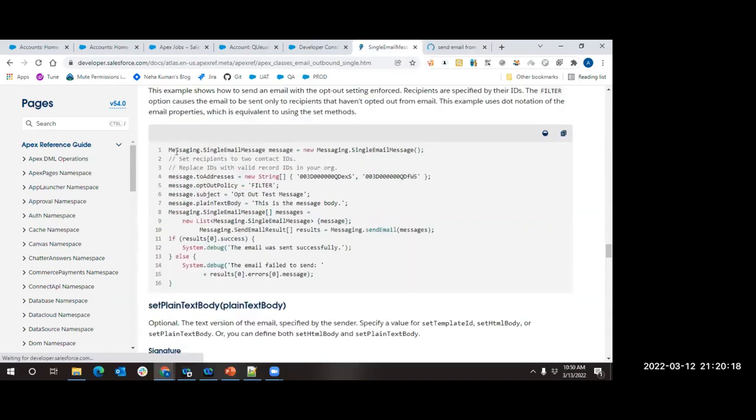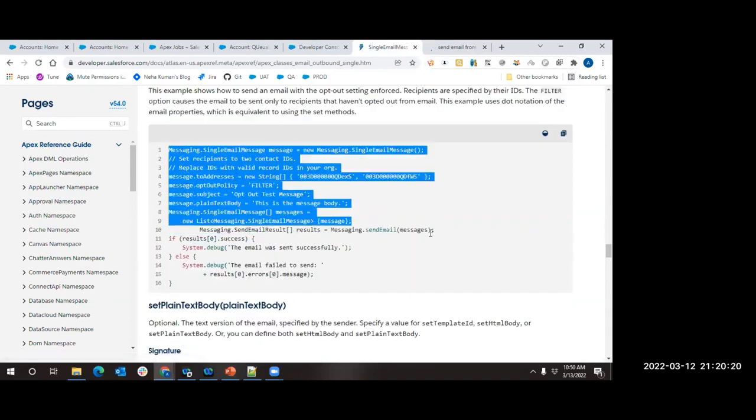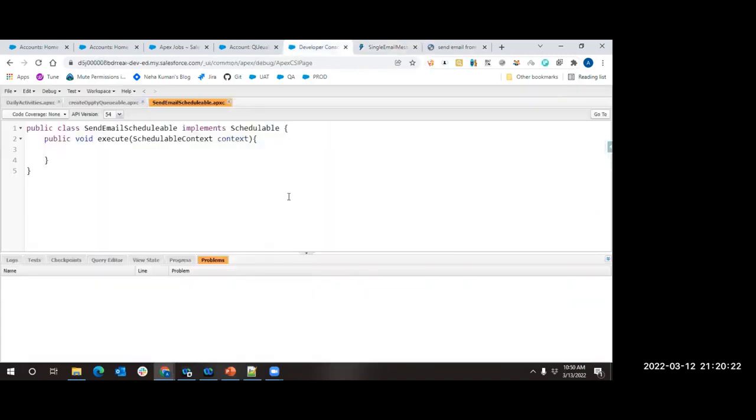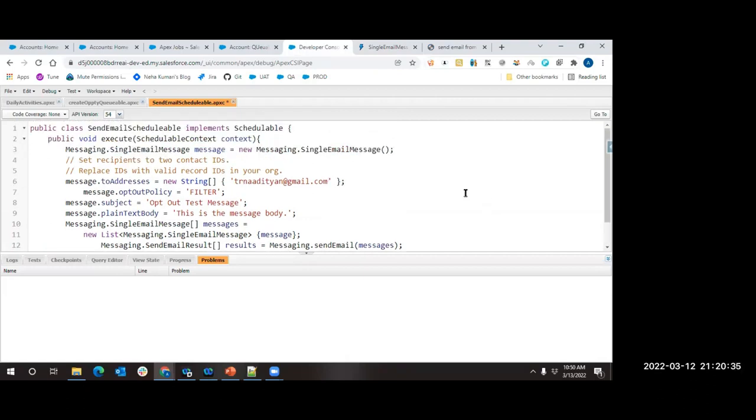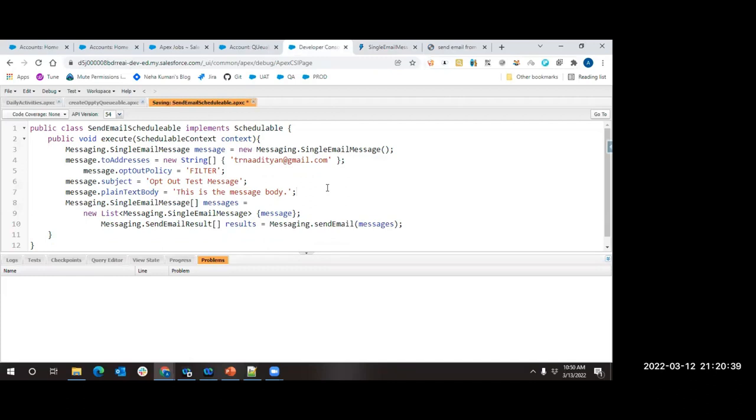I'm not worried too much about it. I'm just blindly taking this logic and I'm putting it over here. This logic, whatever I have written, will send me an email. And here I'm not specifying the IDs. I'm specifying my email address. That's it. I'm not really doing anything much. I just wrote some logic in this, which will send me an email. Now I have saved my class.